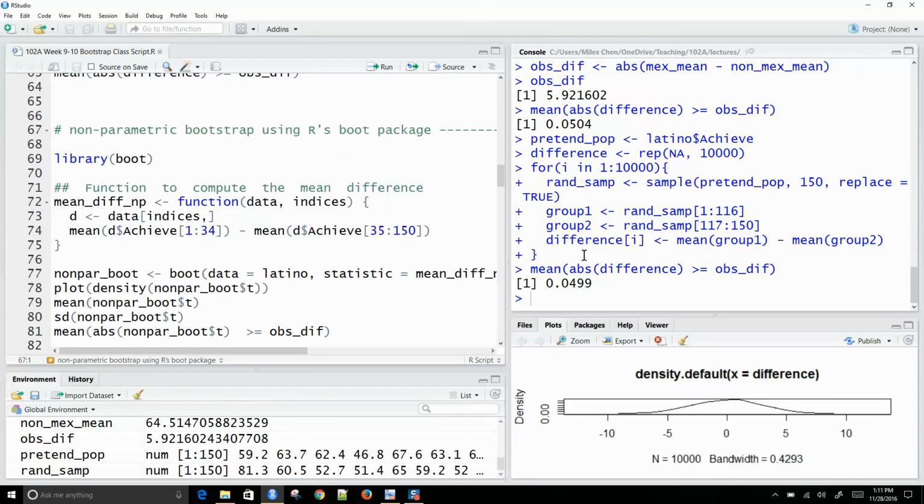Another thing we can do is use the boot library in R. R has a library called boot, and this is for doing bootstrap. And the way the boot function works,